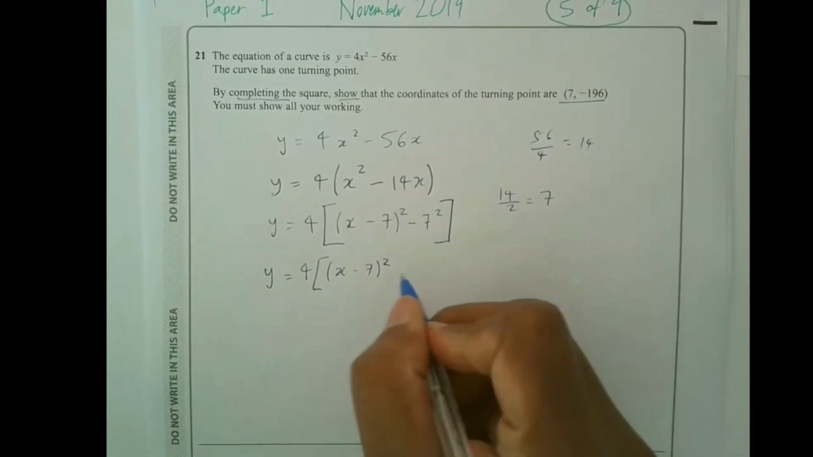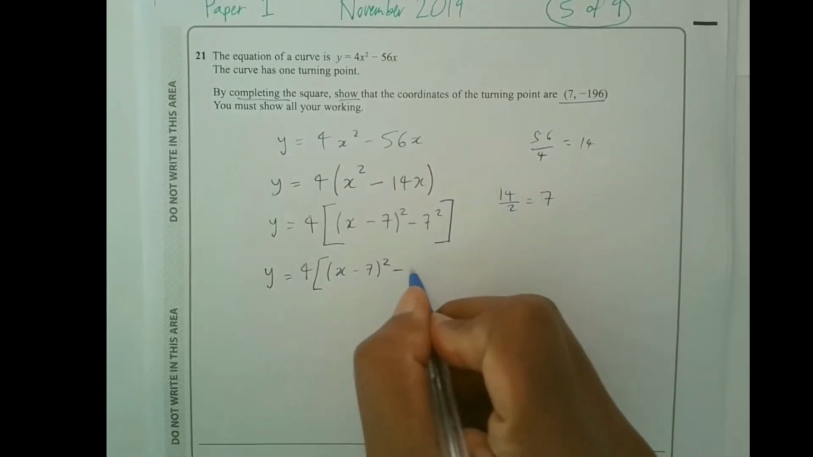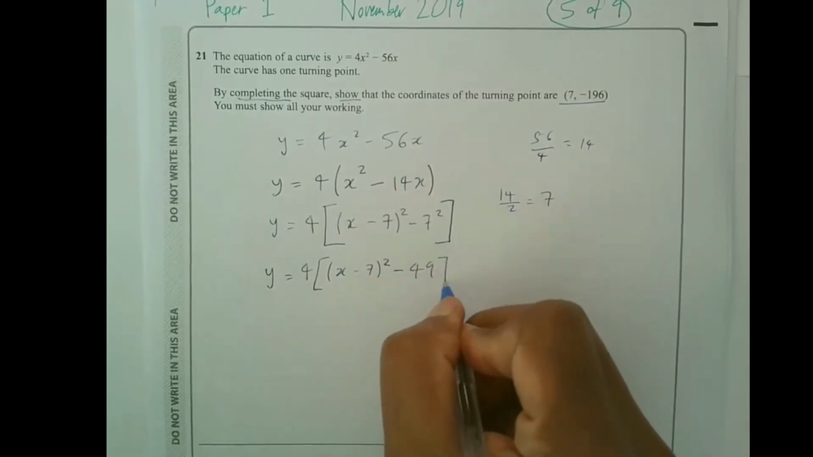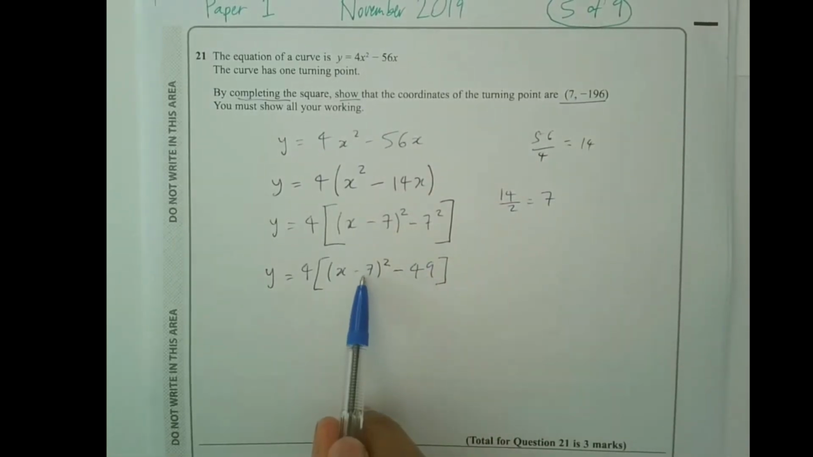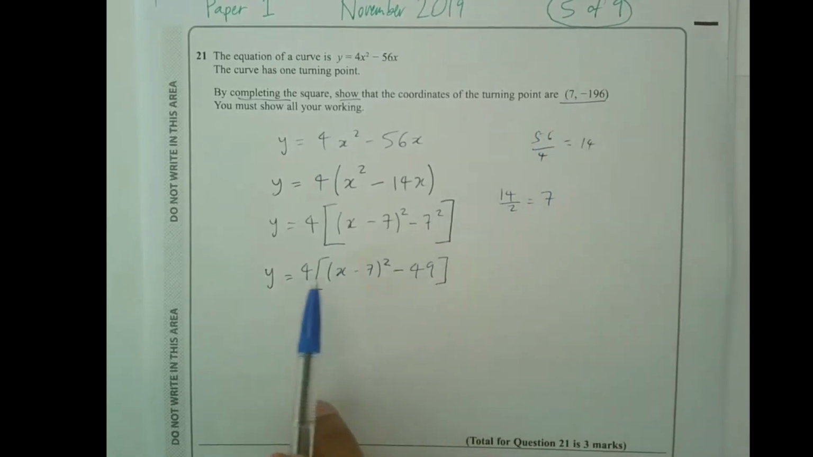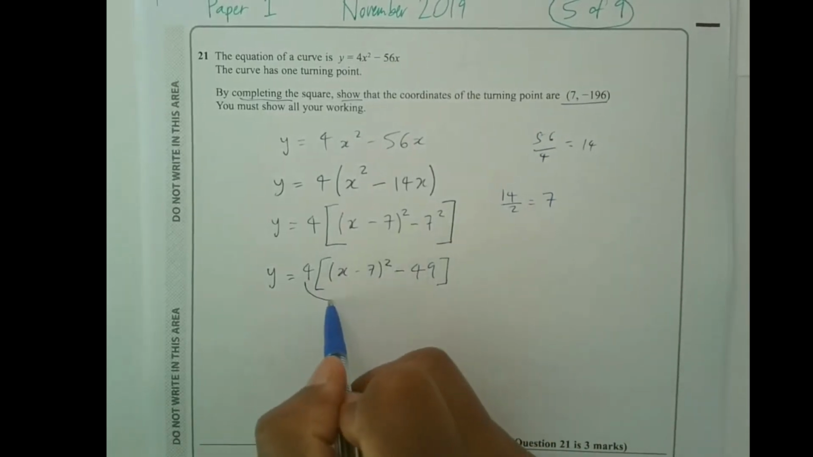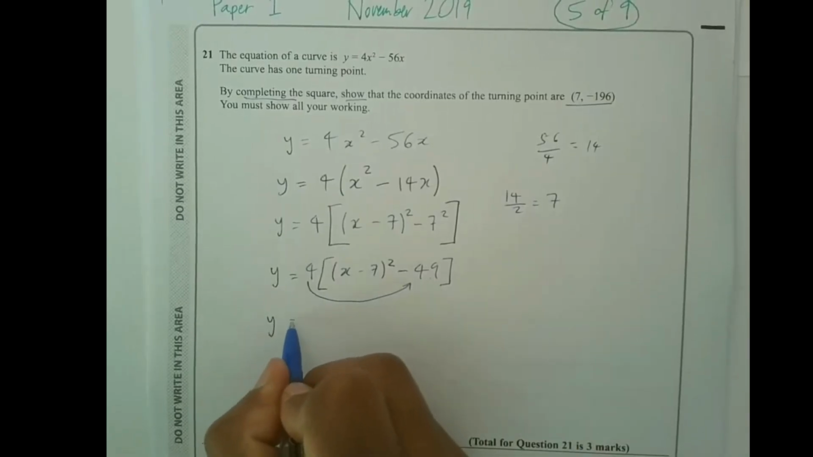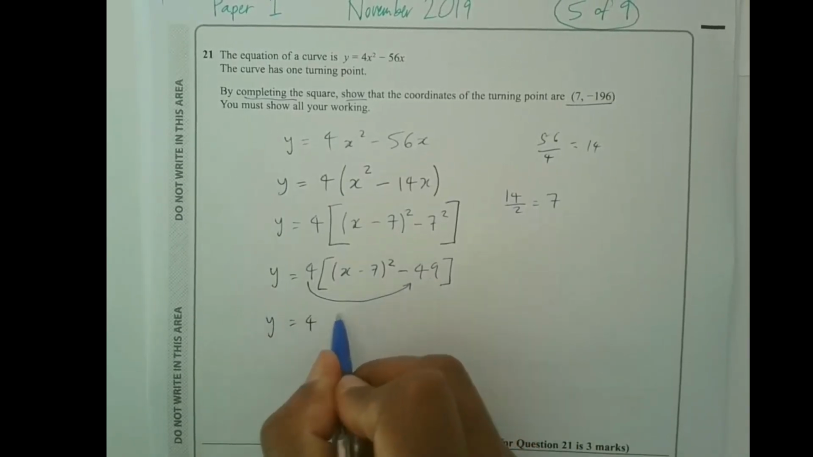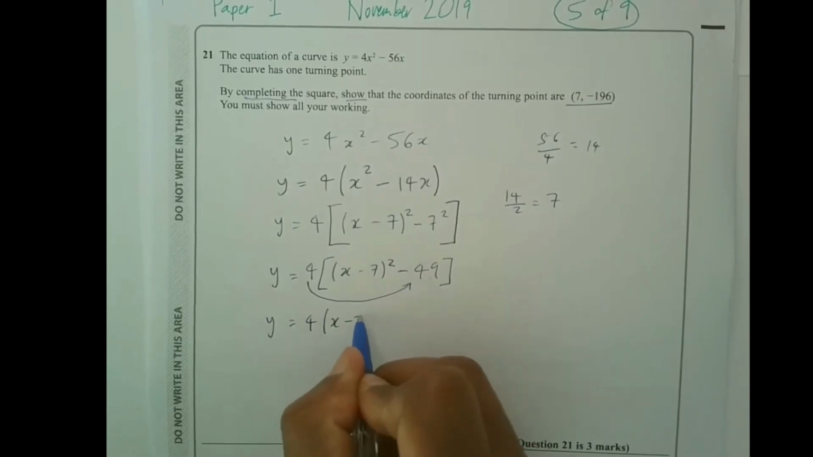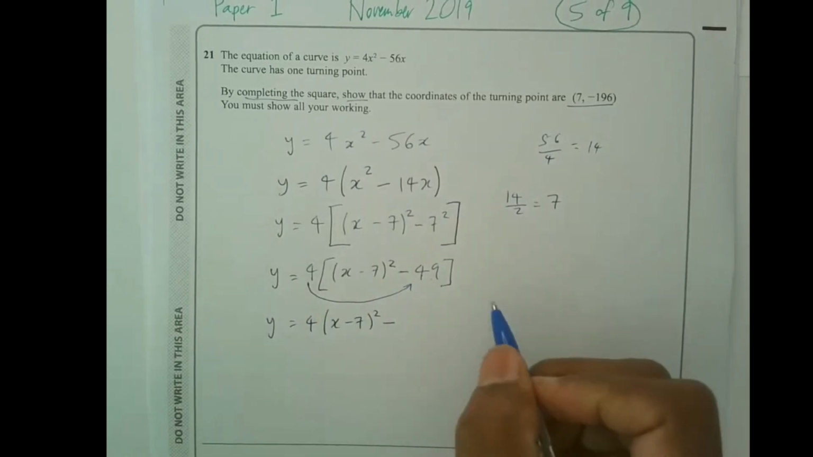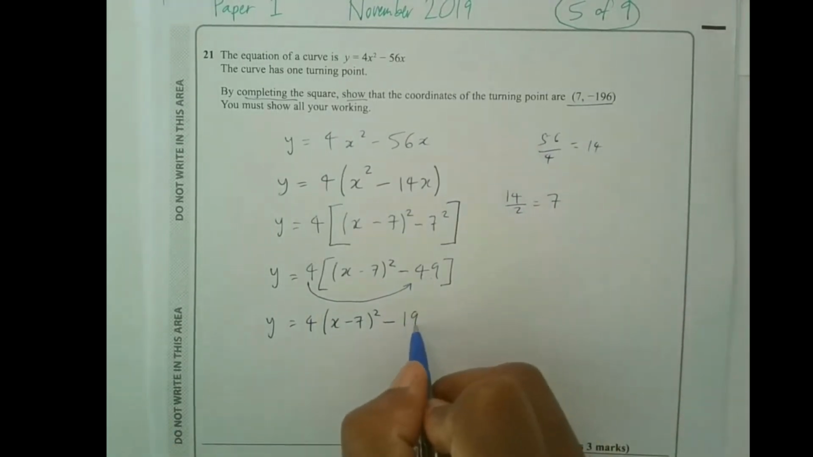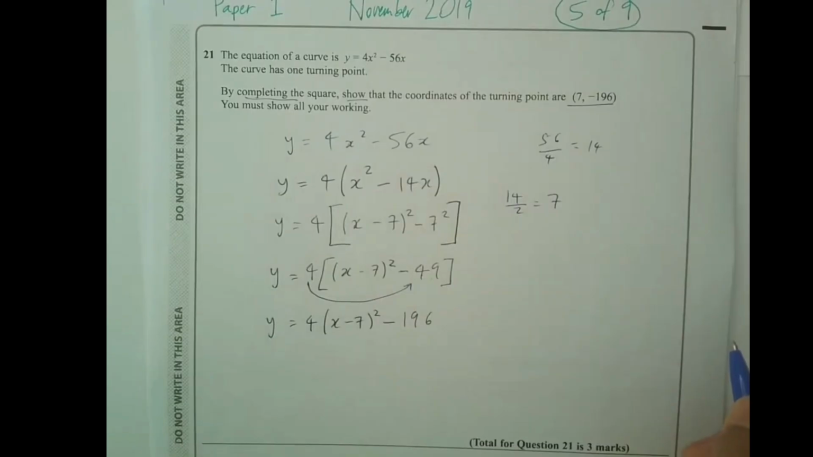Seven squared is 49. So minus 49. And now what I want to do is expand this part here. I've got 7 here, which matches that. I want to expand the 4 with this. So y equals 4 brackets x minus 7 all squared, take away 4 times 49, which is going to be 196. Okay, and now you can see the turning point is,